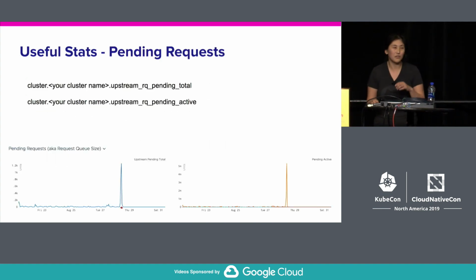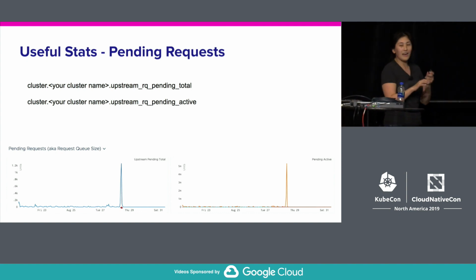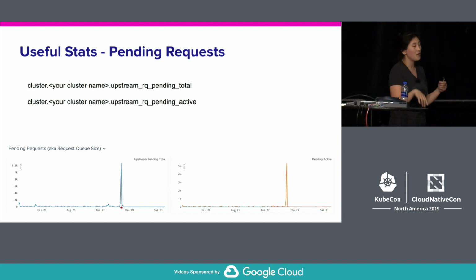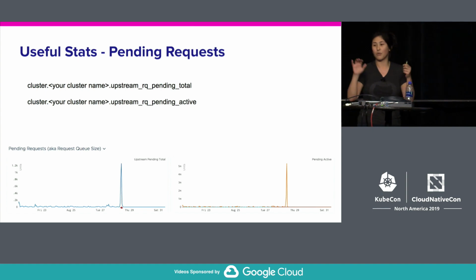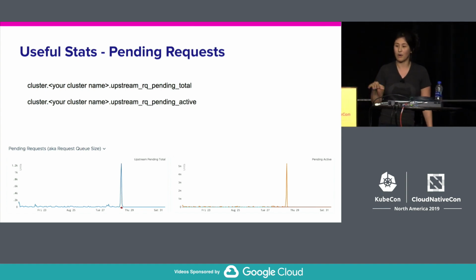So I decided to go into some of my useful stats that I decided to share with you. Most of these are cluster stats. So the upstream request pending total and upstream request pending active. Usually in a happy path, the active should match the total. Whenever the total is not matching, and the request pending total is a lot greater than request pending active,